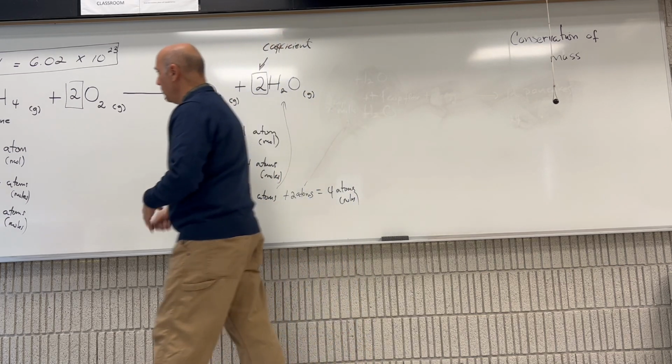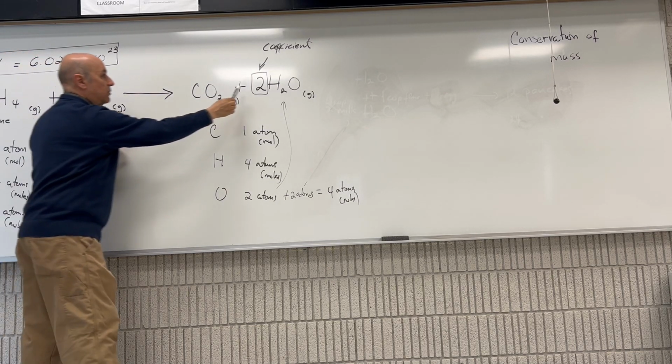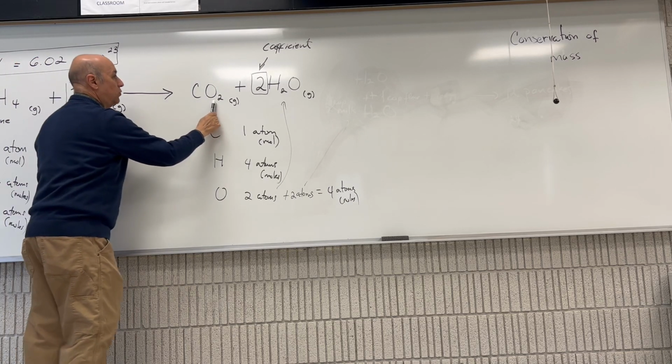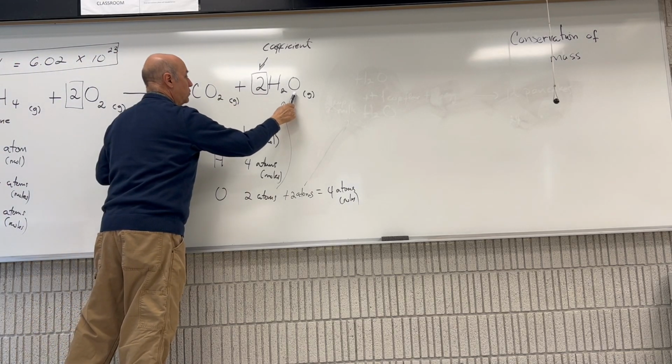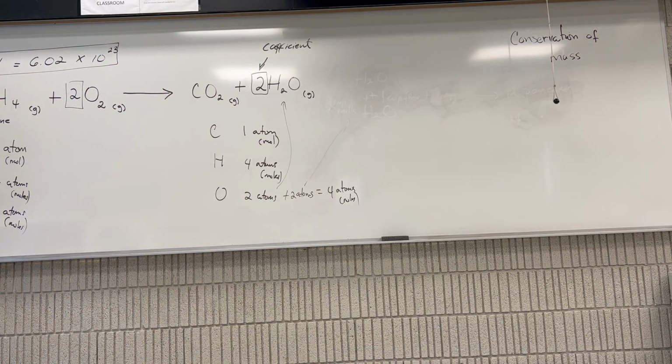And if we do the accounting again, it's going to be equal on both sides. So 1 carbon, 1 carbon, 4 hydrogens, 2 times 2, 4 hydrogens, 2 times 2, 4 oxygens, 2 plus 2 times 1, 2 plus 2, 4 oxygens